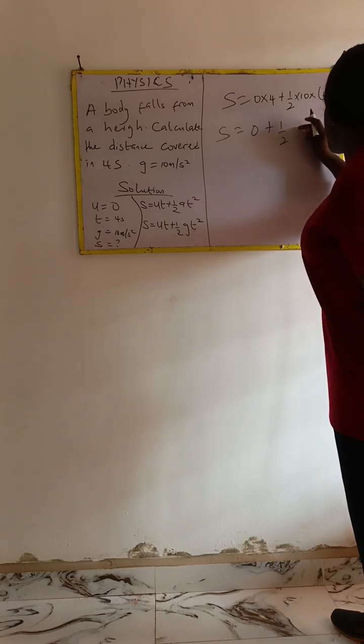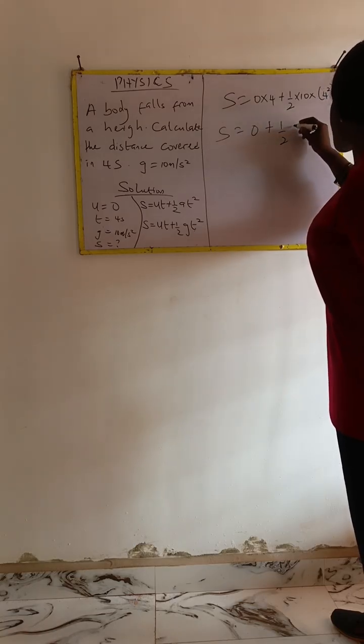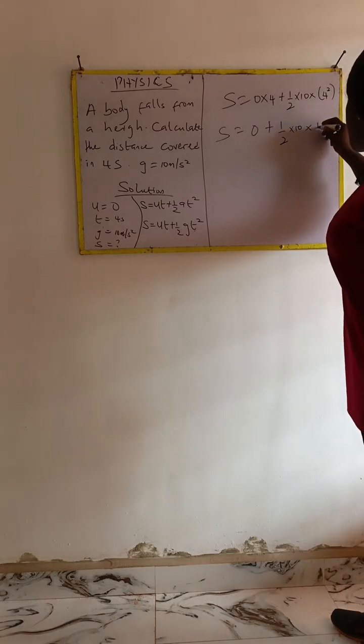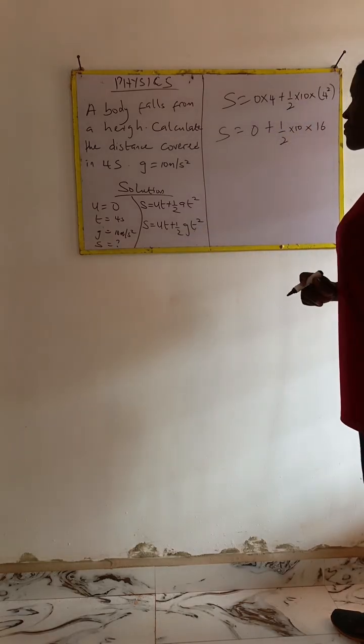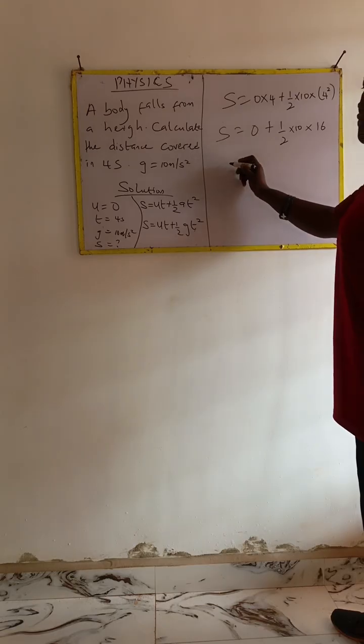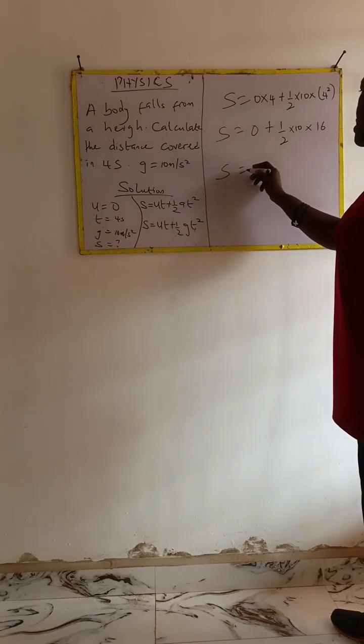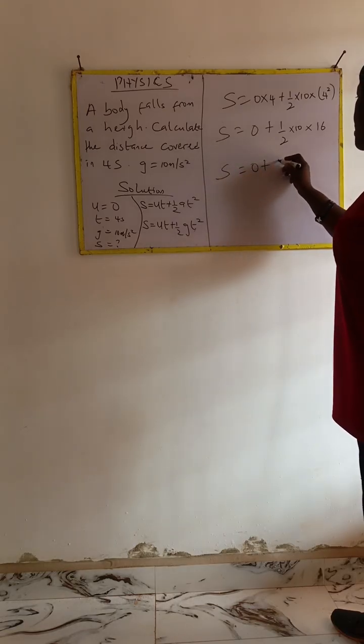Am I communicating? Okay. Half multiplied by 10 multiplied by 4 squared, which is 16. So s equals 0 plus half